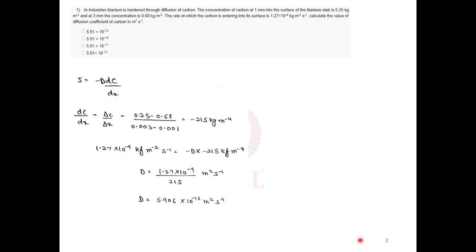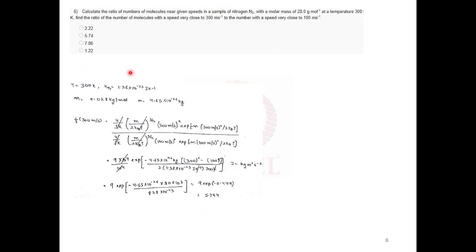Now, in most of the cases you have seen that you need to calculate only thermal coefficient or diffusion coefficient. Now if you need to calculate the speed, where you should calculate the value of the number of molecules very close to 300 meter per second to the number of molecules very close to 100 meter per second. So this is the problem. So how we will approach this problem? To approach this problem, you need to know the concept called